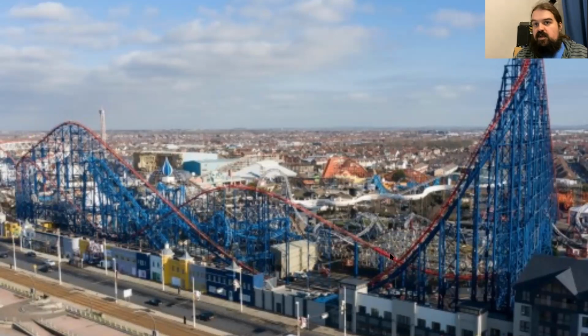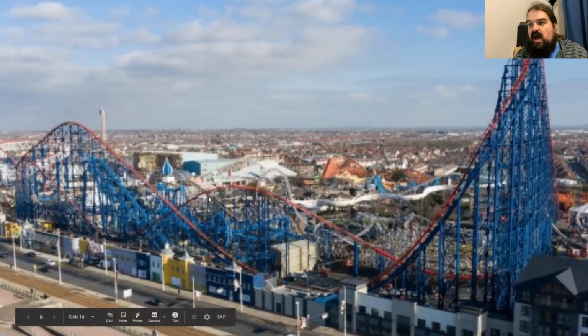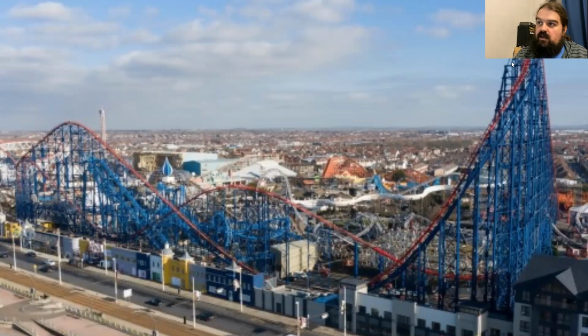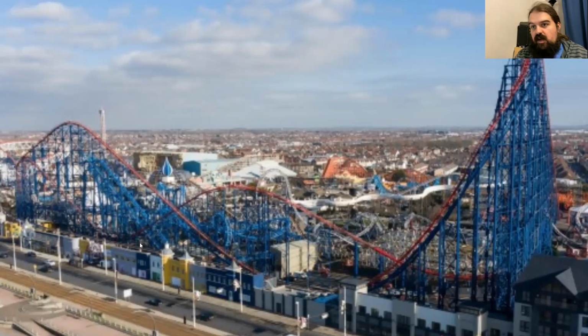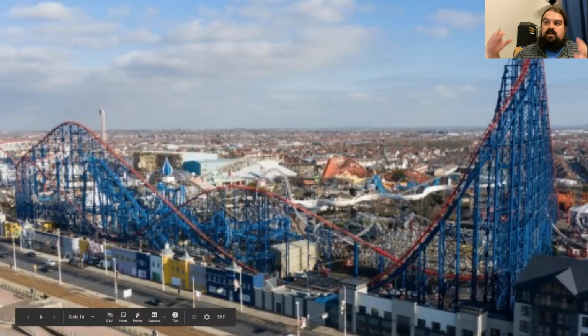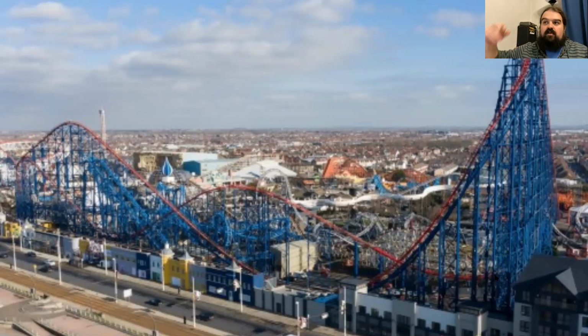So this image is good because it shows nearly the whole track in one loop. So you start here, you get lifted up here, you get released, you roll down, up and down, turn around, up and down, back to the station. And that's why I like this image. So I'd share all that thinking of why I've chosen this image, what it's for. So if you're showing this right at the start, you'd say,